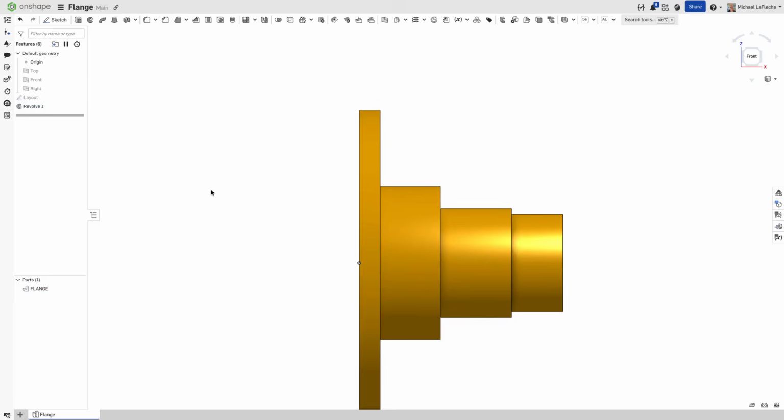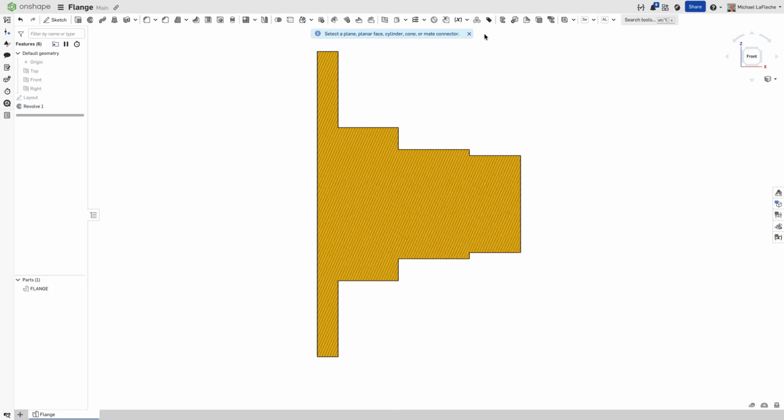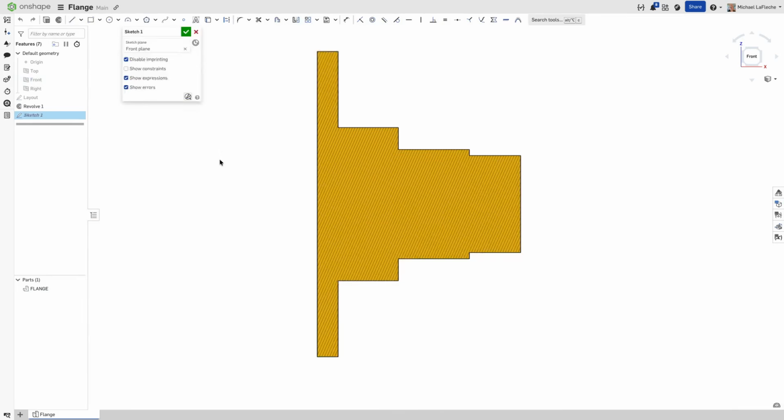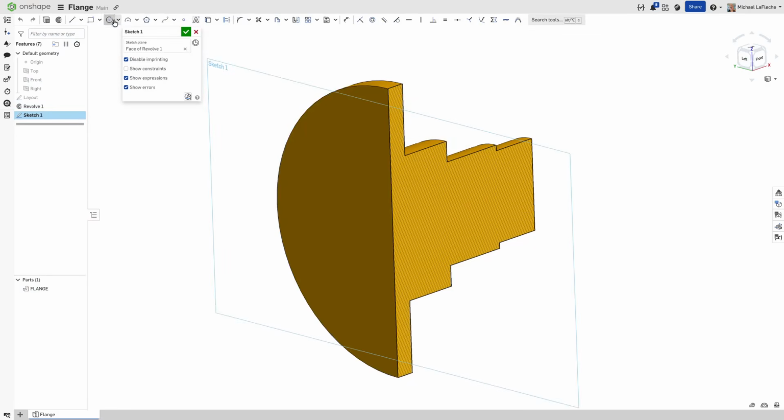And we'll change the color of it, so it stands out a little better. All right, let's take a look at a section view. We can actually work while we're in a section view inside of Onshape. I tend to do this a lot when I am working on an axisymmetrical part like this, or a turned part. So let's